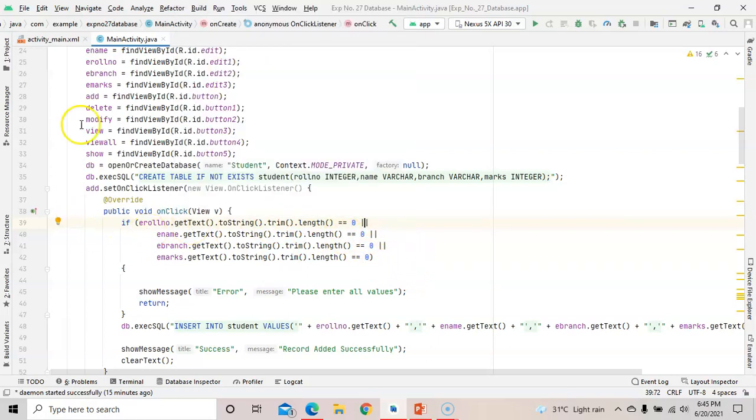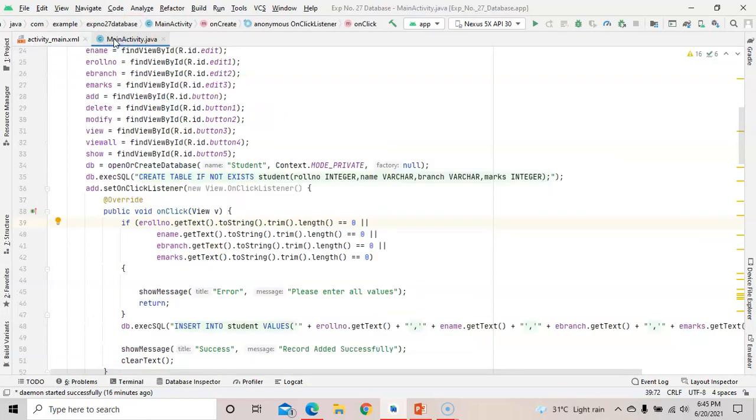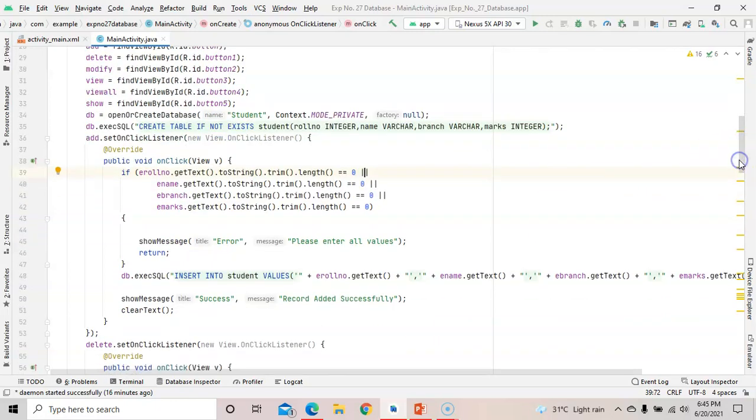So if any of those edit texts is blank, that is trim length is 0, the condition will be true, right? If it is blank, then 0 will be true. So if any of those edit texts is blank, it will not add the information. You need to type name, roll number, branch and marks, all 4 in the edit text. If any one of those is kept blank, then it will show the message, please enter all the values.